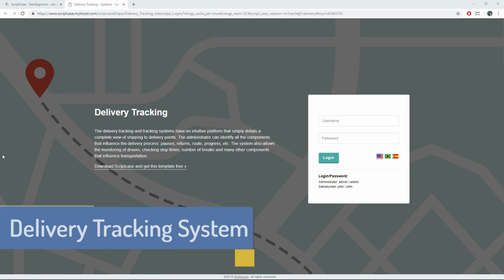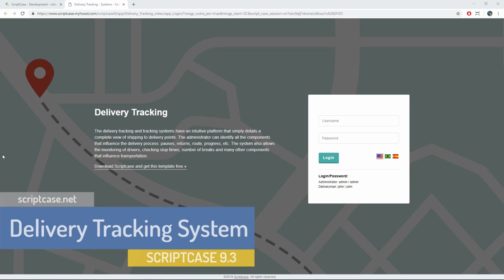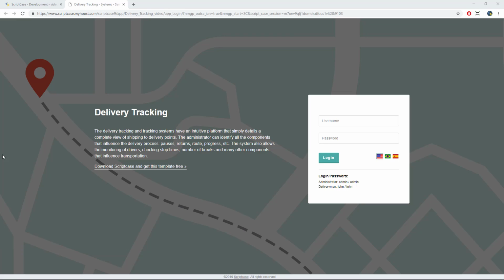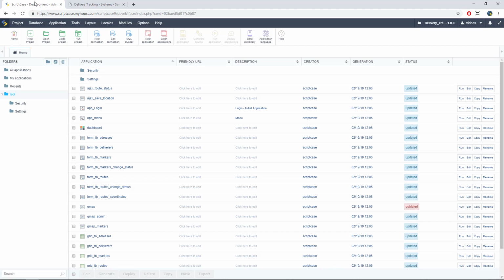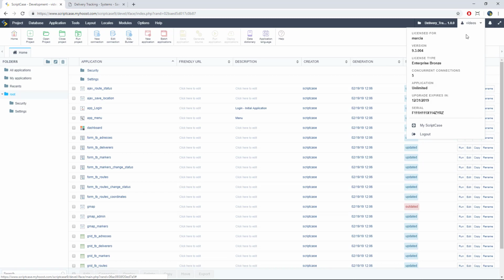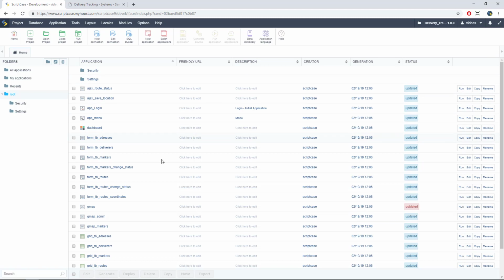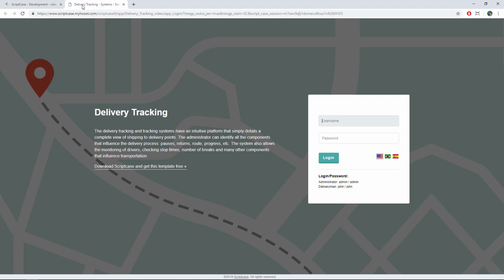This is Marcia, and today I'm going to present you our latest project template from Scriptcase's release 9.3.004. Okay, I have here my Scriptcase already updated, and inside this release we have included this project for delivery